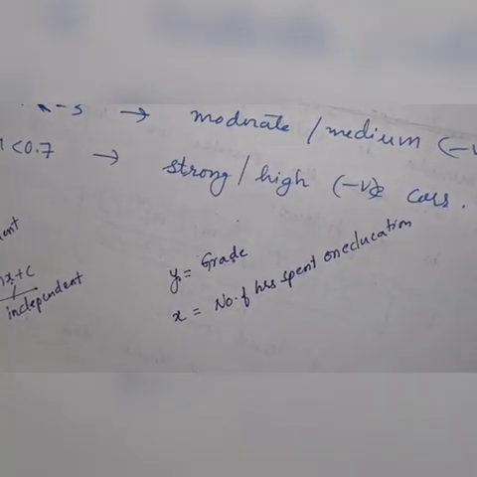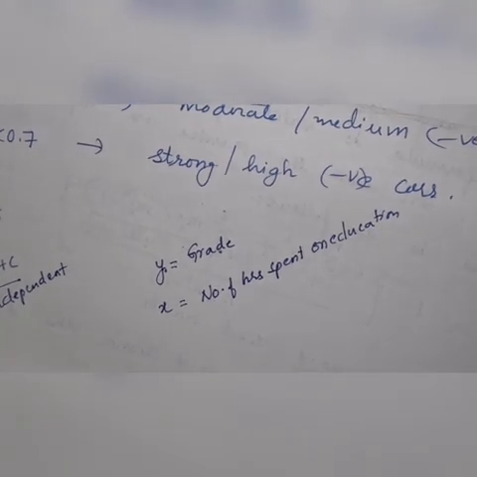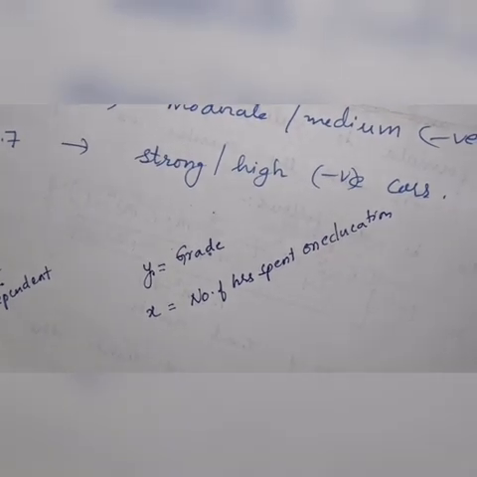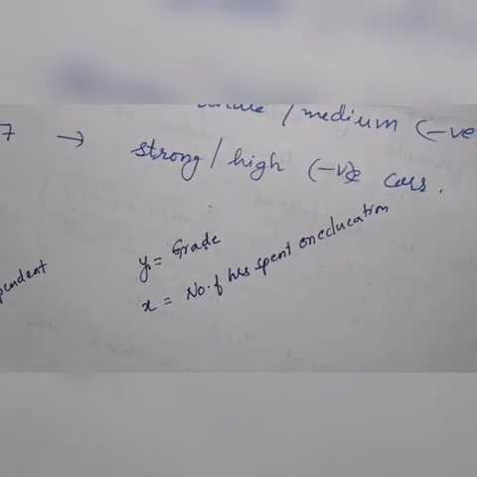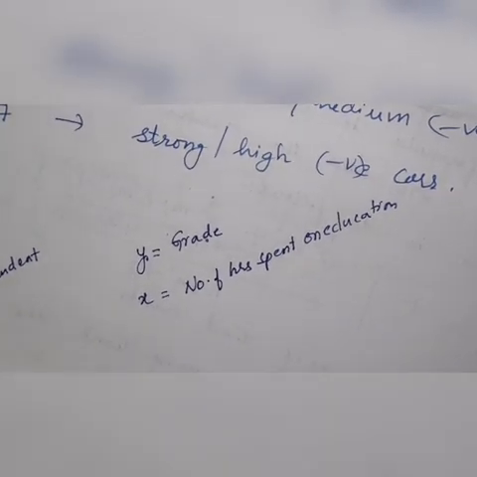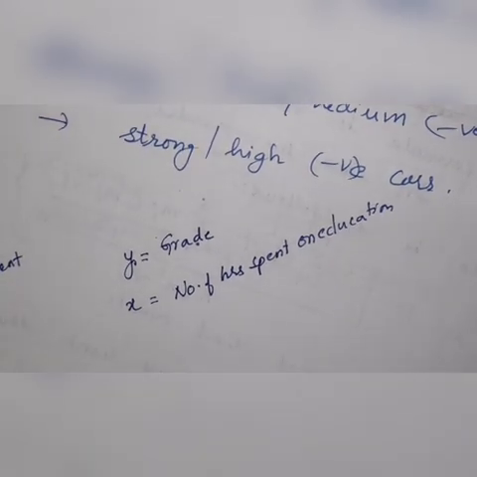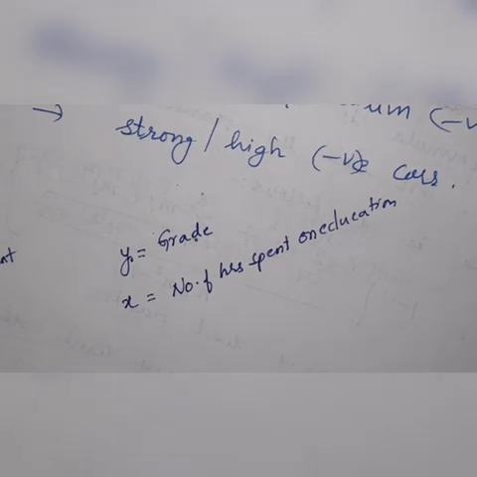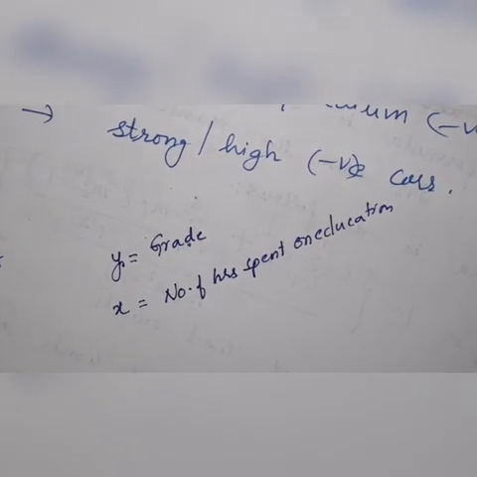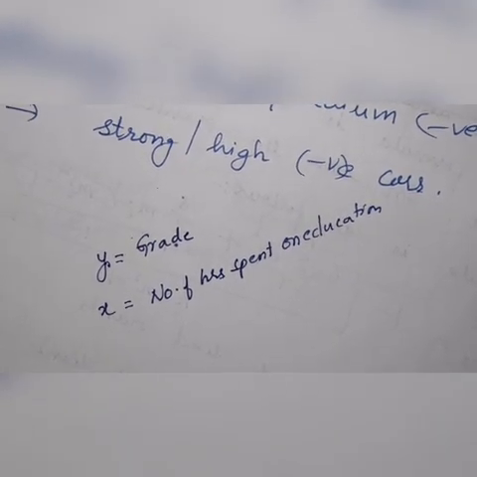It doesn't work like that. So the number of hours that you actually spend learning and understanding the concept should be linear to the rank, or the grade, that you receive in the exams. So, based on these two values, x and y, after calculating the correlation coefficient, if r is equal to 1, then I say the grade of a student is dependent on the number of hours spent on education.